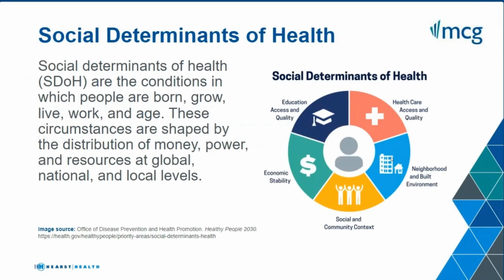So first of all, we're going to talk about the definition of social determinants of health, or SDOH. Social determinants of health are the conditions of a person's immediate environment that affect their health. The World Health Organization defined social determinants of health as the conditions that a person is born, grows, lives, works and plays, ages in, and also the systems such as economic policies and social norms that influence that person's health